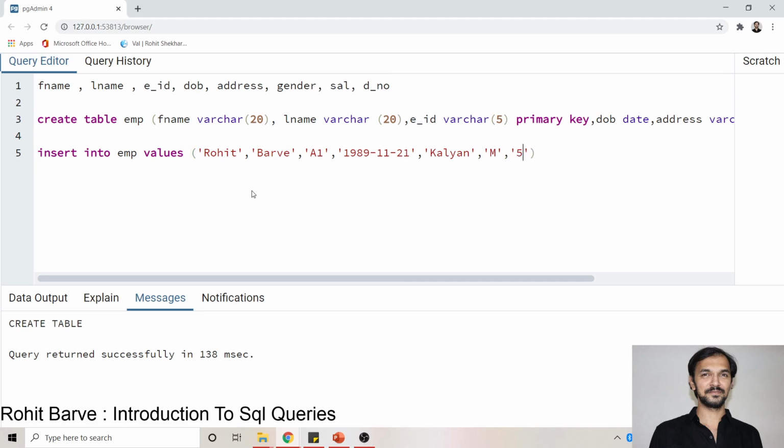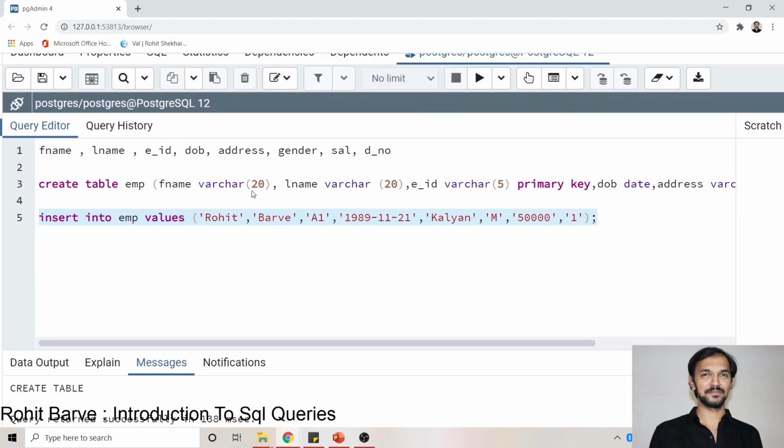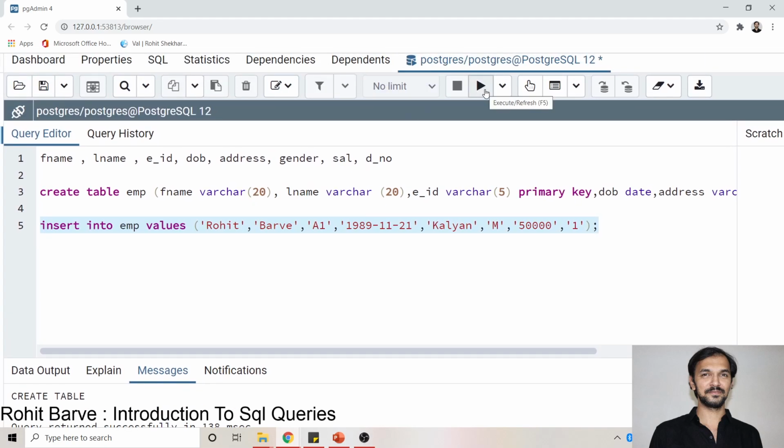Now I will write some integer number, let us say 50,000. It can be anything. I can write 1 lakh if I want, I can write 70,000, I can write 10,000, or it can be anything. And then department number. Let us say department number is 1. Okay, and hit semicolon. Select the line and hit the execute button, that is the play button, and see what happens.